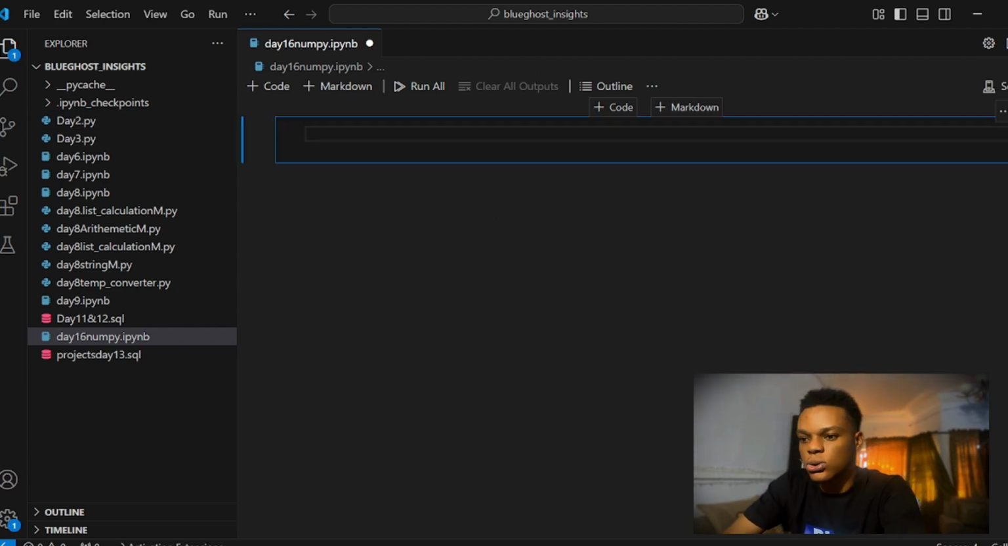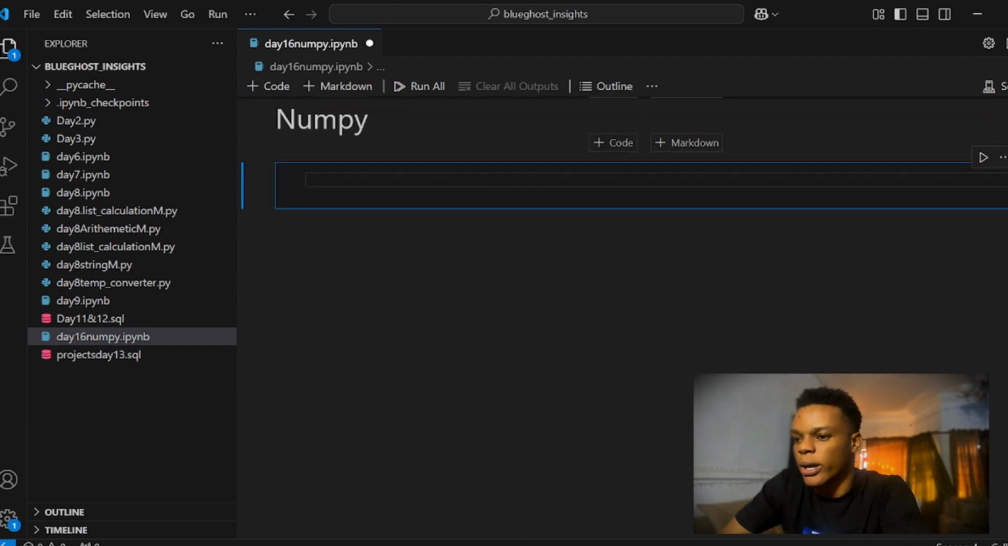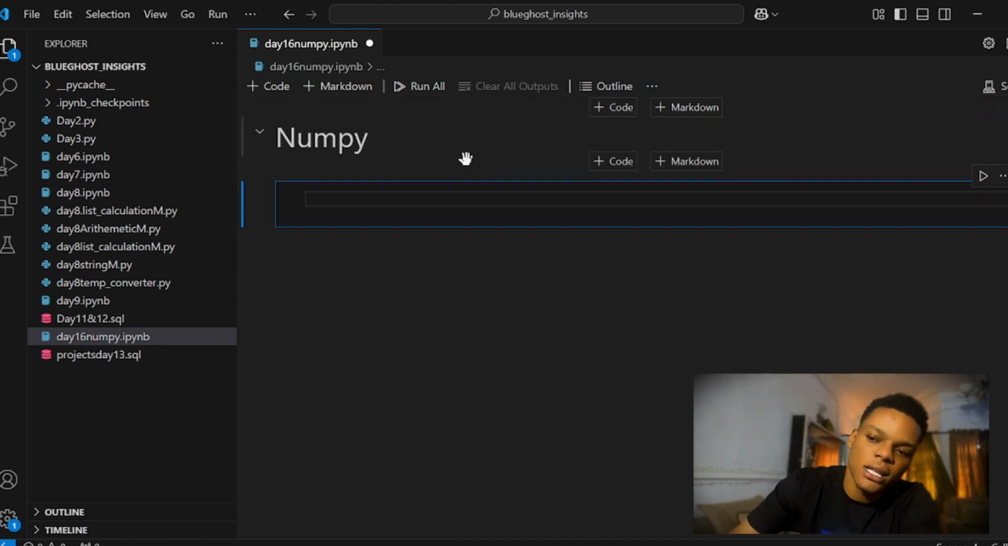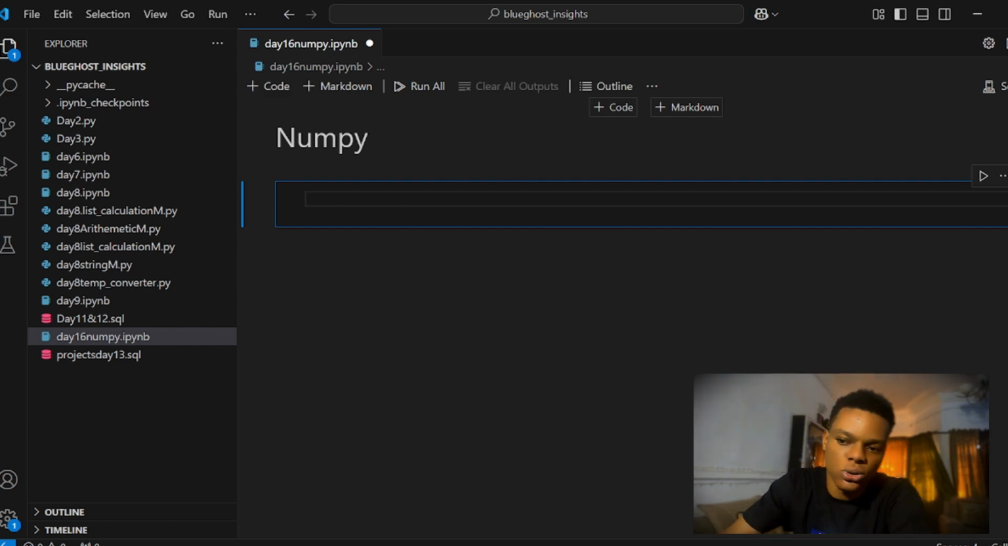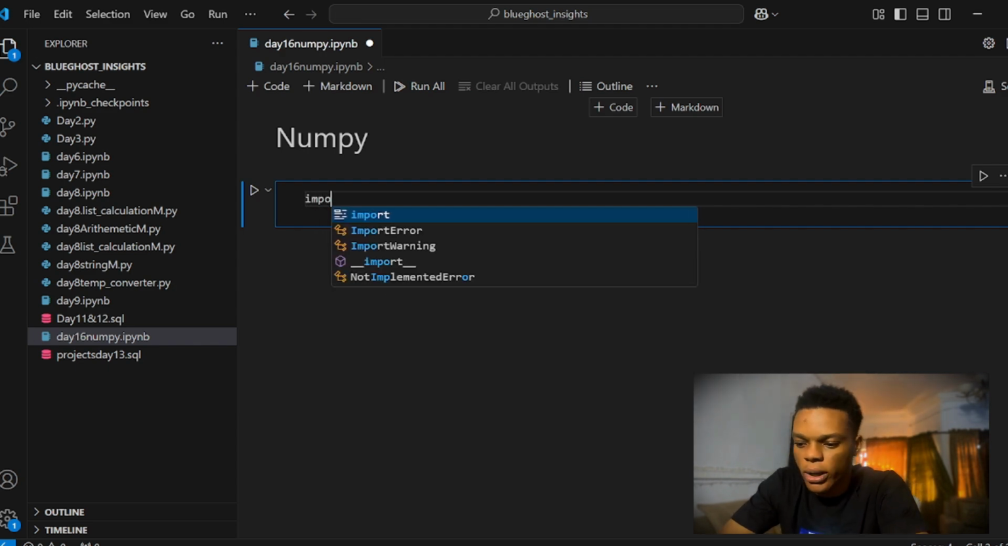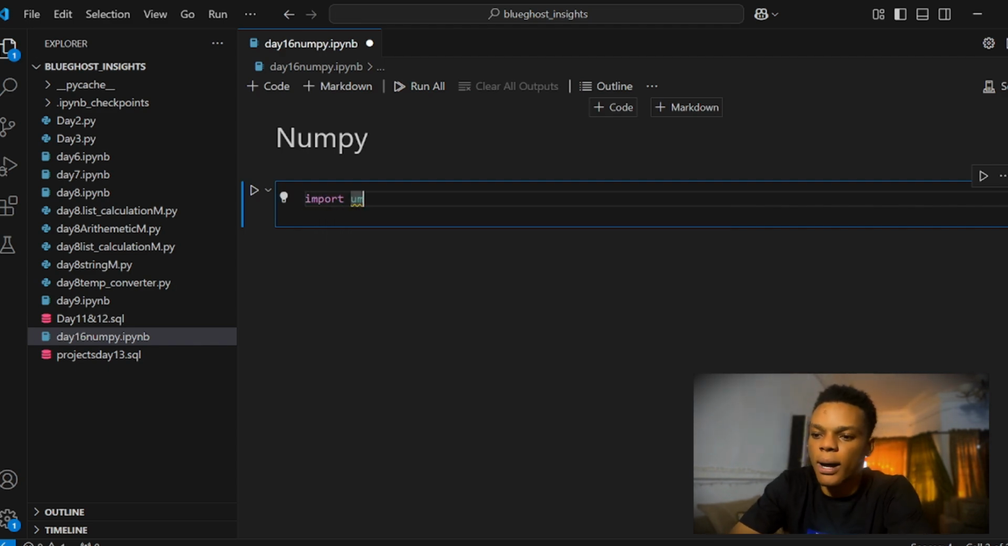So let's go straight to it. We're going to create a markdown. So you just click on this addition, it brings out the markdown environment, and we use this hash and we say numpy, and over in the numpy we run this particular code and we have the numpy there. So the first thing I want to do is introduce you guys to importing the module that we need for this particular software. So we have to say import numpy